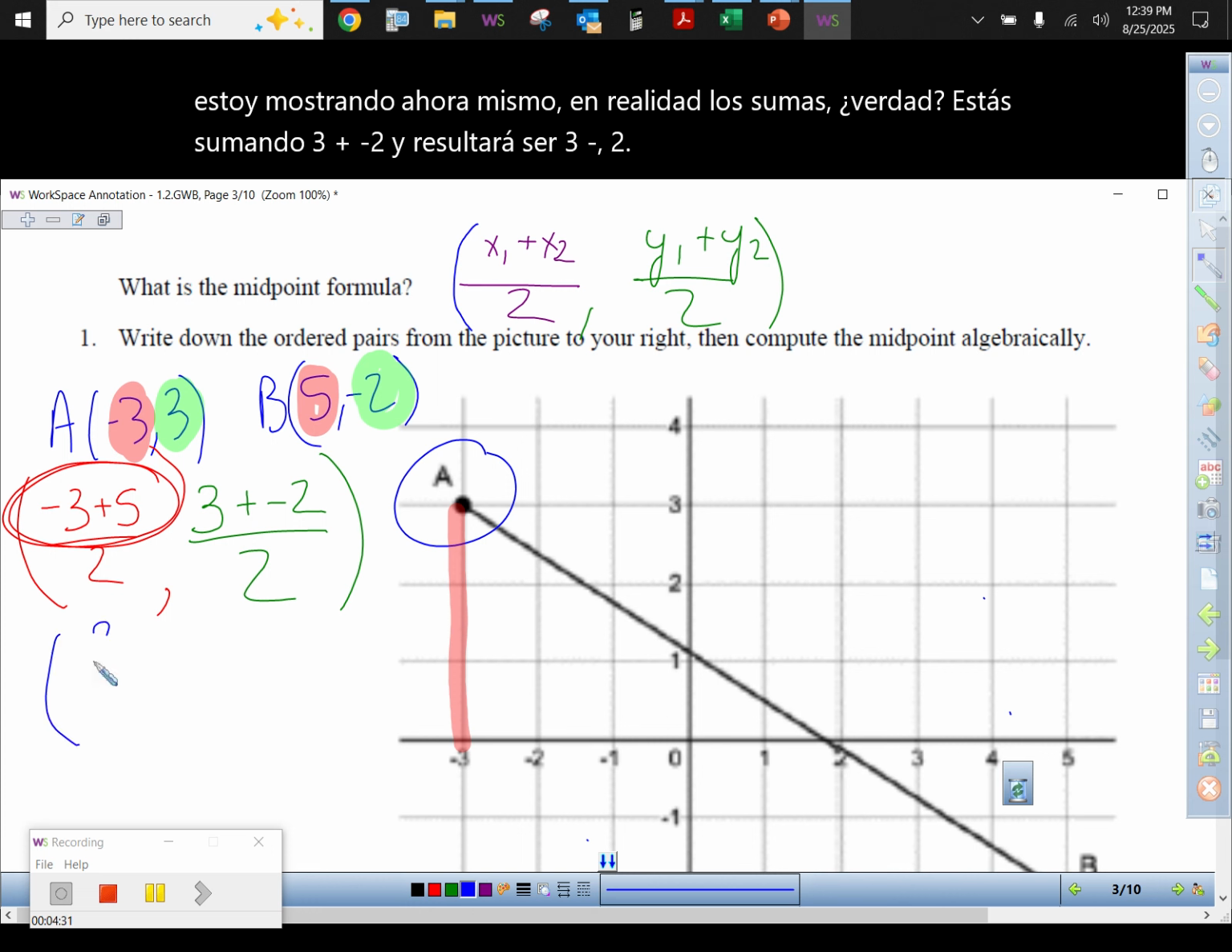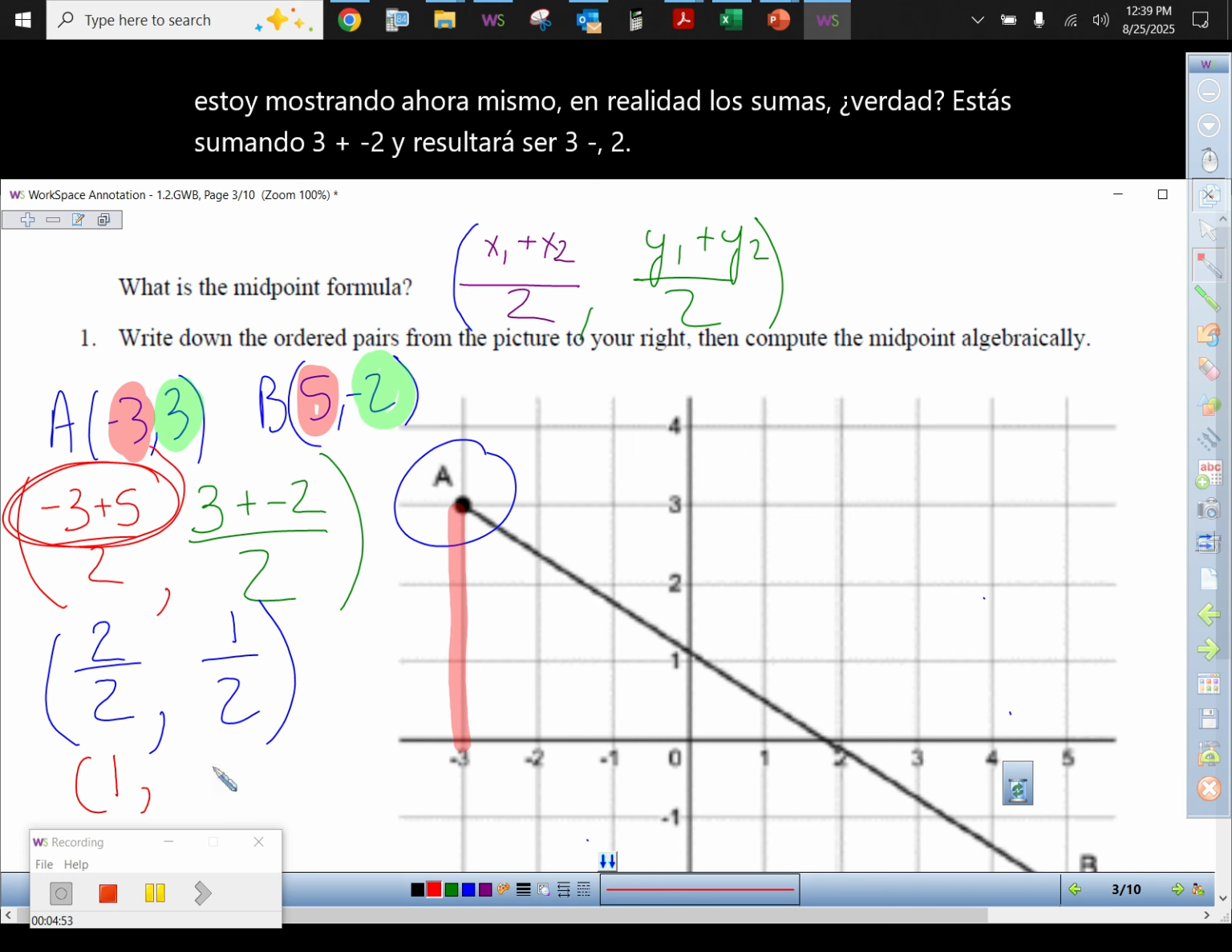So right here, it's 2 over 2. And then the green stuff right here, what is 3 plus -2? 1 over 2. That stuff that I put in blue is optional. You do not have to write it down because it cleans up. What does 2 divided by 2 really turn out to be? 1. So the red stuff now is required. 1. And then